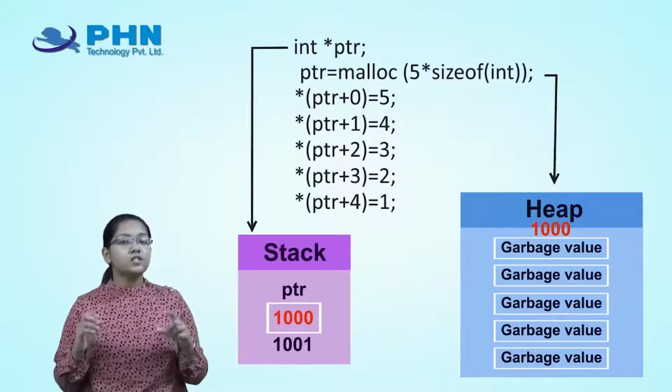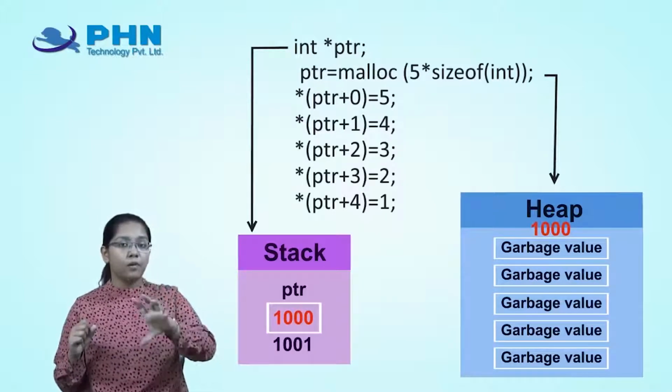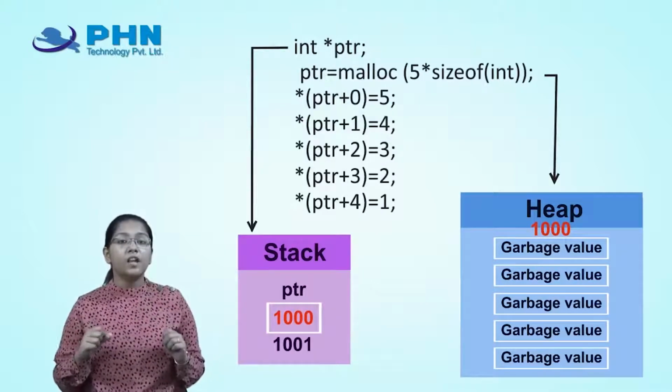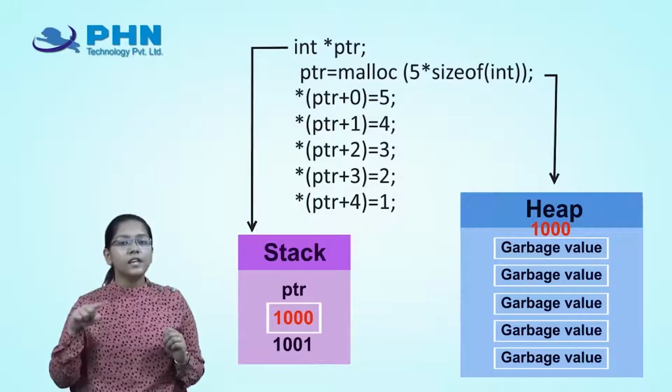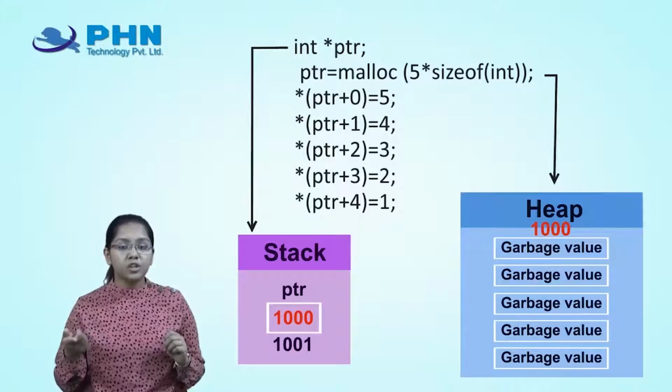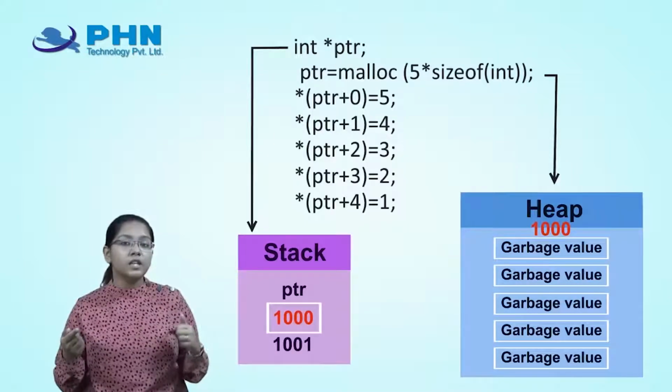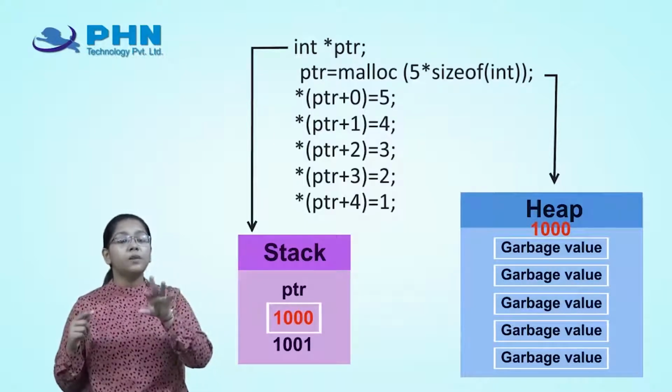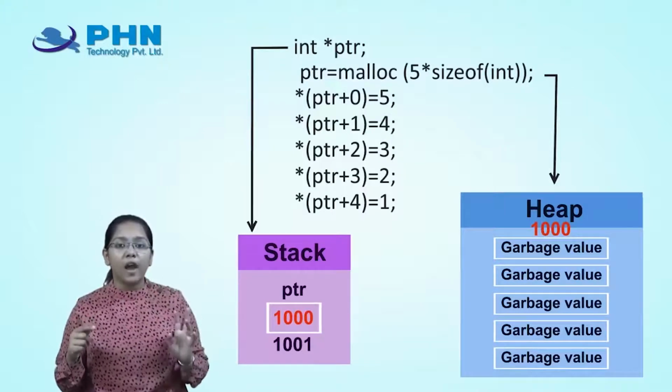Now I can access, through this stack block, whatever block is there in the stack. And from this reference I can access the values and I can put the values in my heap for sure. So in the next line, what I am seeing is star in brackets ptr plus 0 is equal to some value.